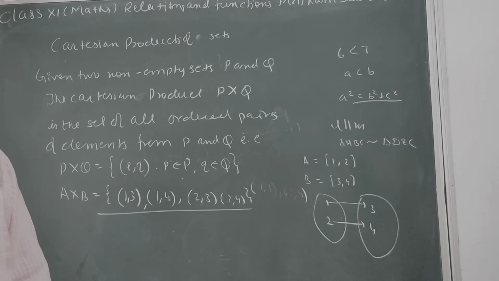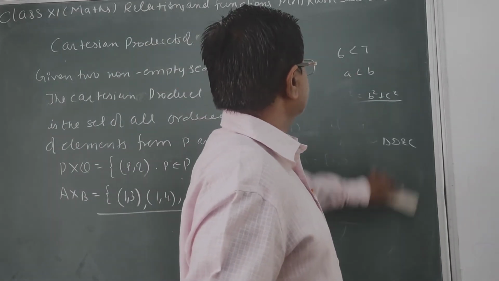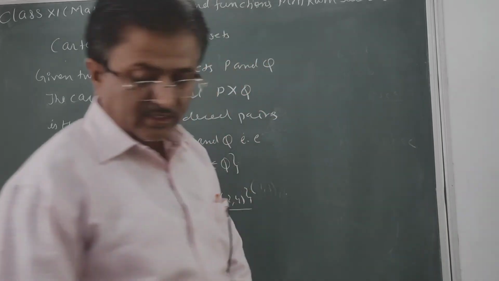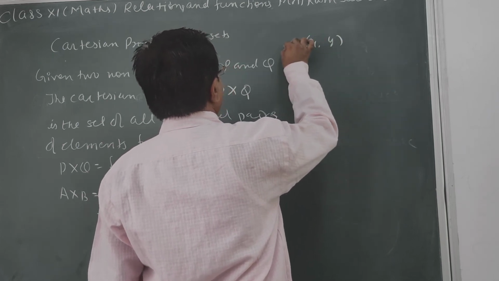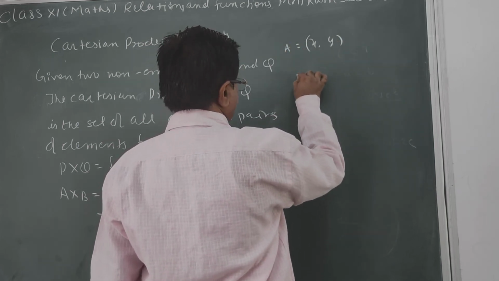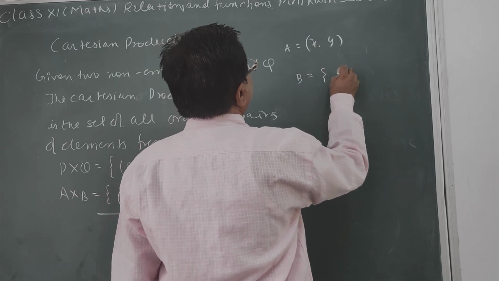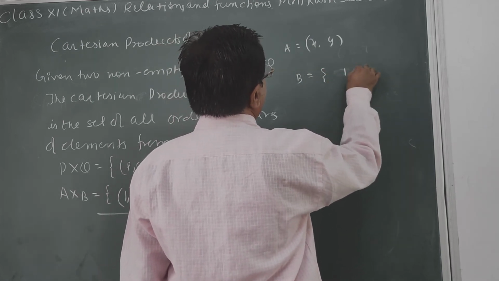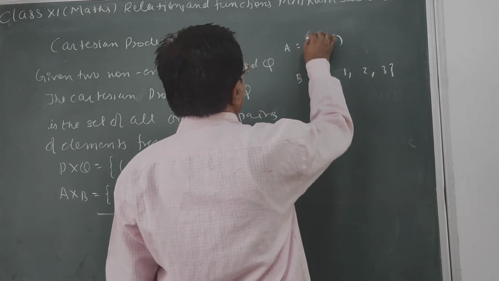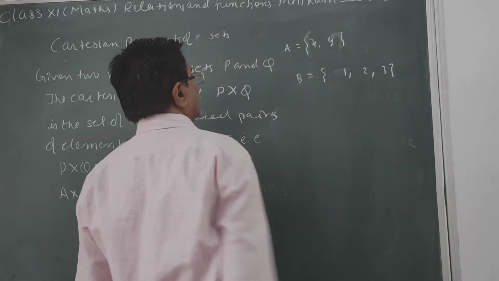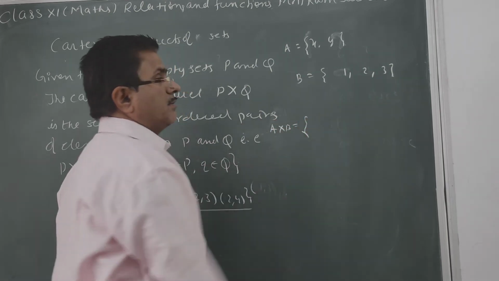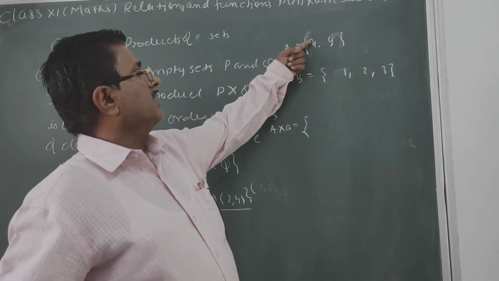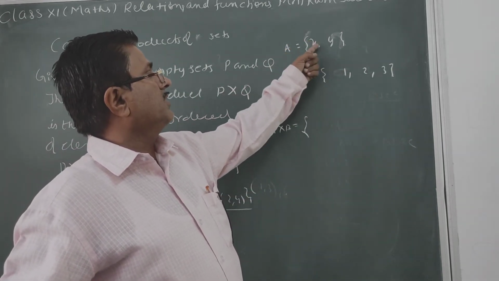Now a remark: two ordered pairs are equal only if corresponding elements are equal. ये मैंने एग्जांपल ले लिया, आप और भी एग्जांपल ले सकते हैं बहुत सारे. You may take, suppose, x and y are the elements of set A and set B के एलिमेंट में लिख देता हूँ, suppose 1, 2, 3. So these are the elements. Now if you want to write the Cartesian product A cross B, तो आपको क्या करना है, इसको 1 by 1 जैसे मल्टीप्लाई करते थे वैसे ही आपको पेयर में लिखना है, मल्टीप्लाई करना नहीं है.